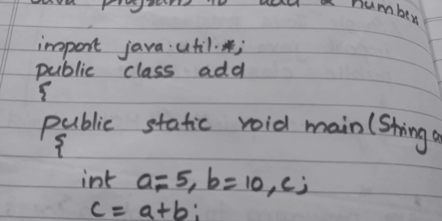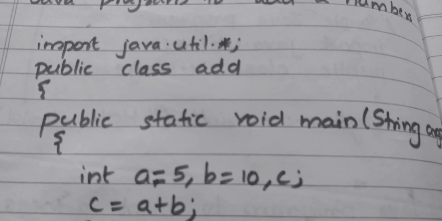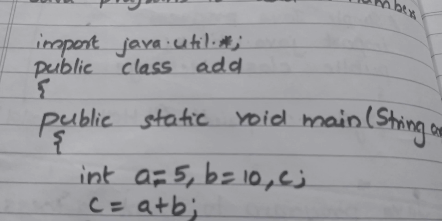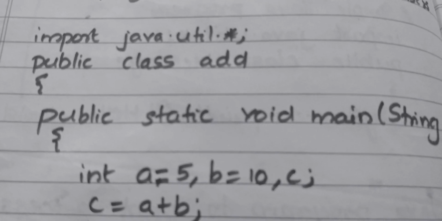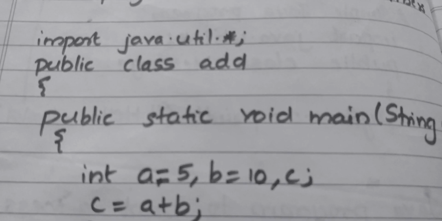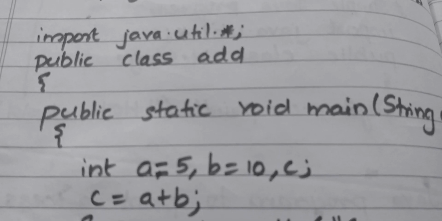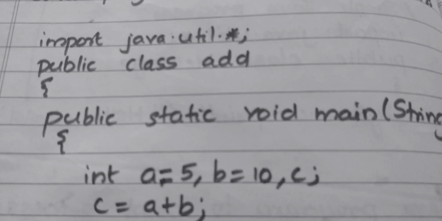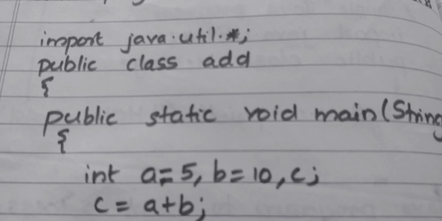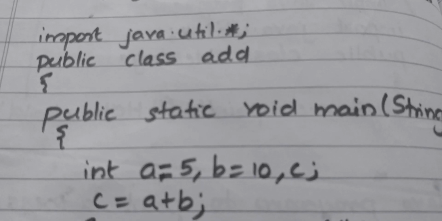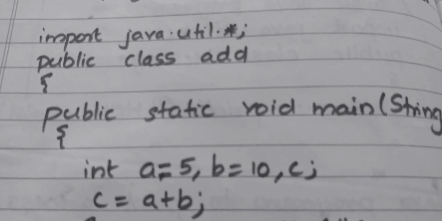So for adding two numbers, what are the requirements we require? For adding, two numbers are required, isn't it? And what is the next thing? The next thing is the result, that is the final result. So you should keep in mind that we want to store all these things.